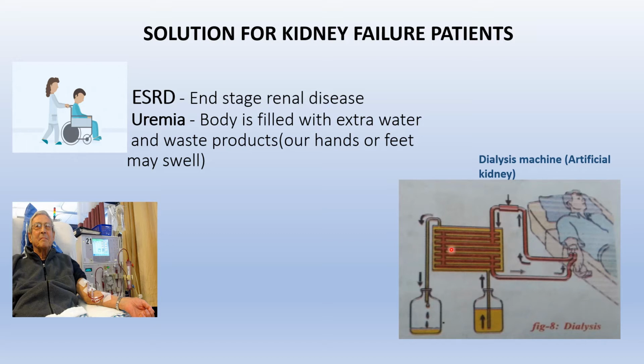So this middle part is the dialyzer. In this apparatus, blood flows through tubes which are made up of cellophane. Here in this picture we can see the red tubes. These tubes are embedded in the dialysing fluid. Yellow color fluid is the dialysing fluid. This membrane separates the blood flowing inside the tube and dialysing fluid, which has the same composition as that of plasma, except the nitrogenous wastes.